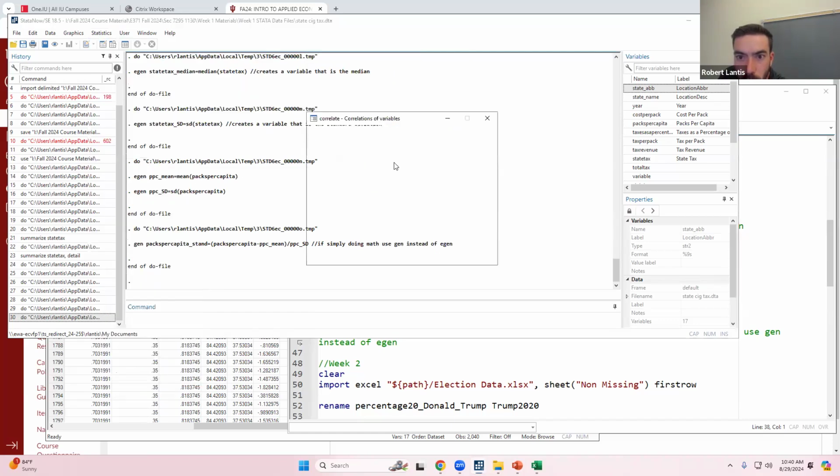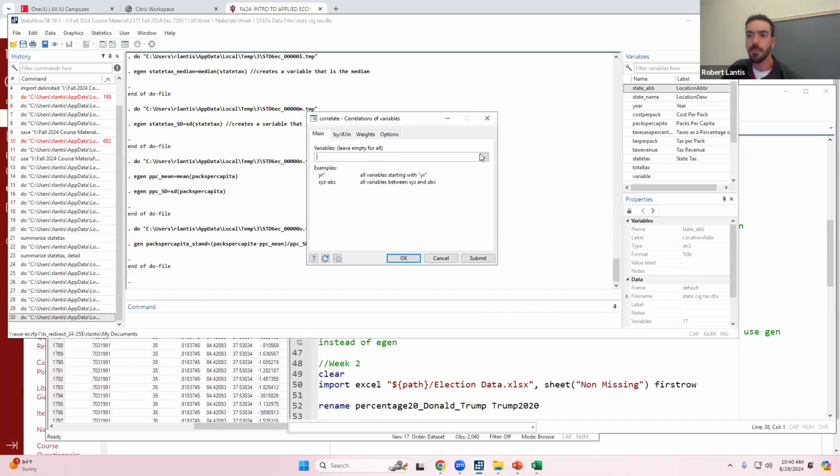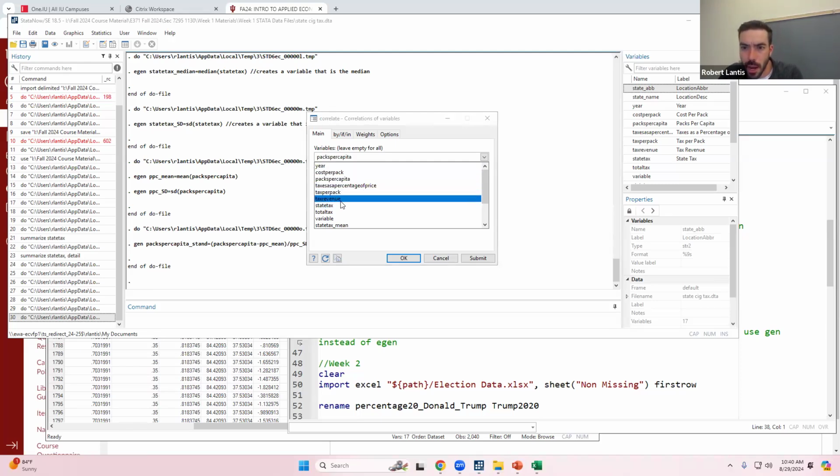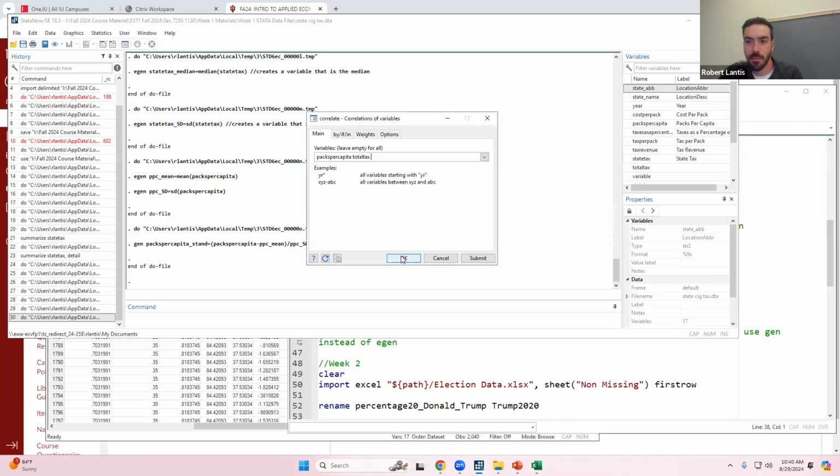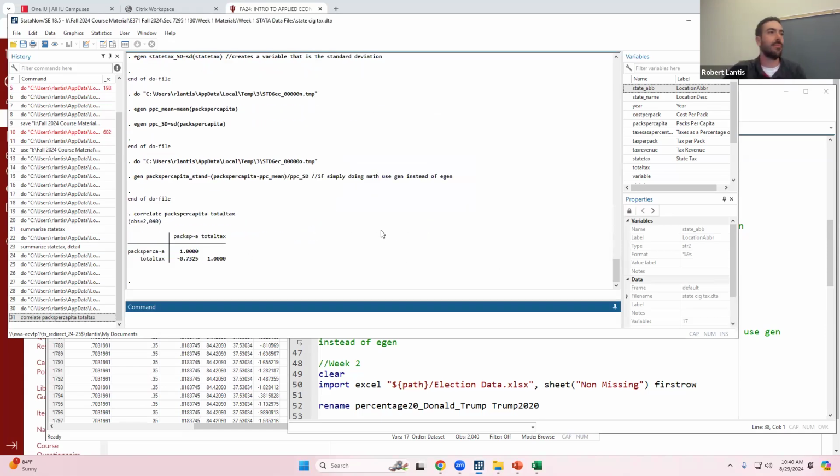No, it doesn't matter. But you can do correlations and covariances. So maybe I want to find the covariance between tax per capita and total tax. Hit OK. It'll give me this matrix of how tax per capita and tax per capita are correlated. 1 to 1, perfectly, they're the exact same value. What about total tax?